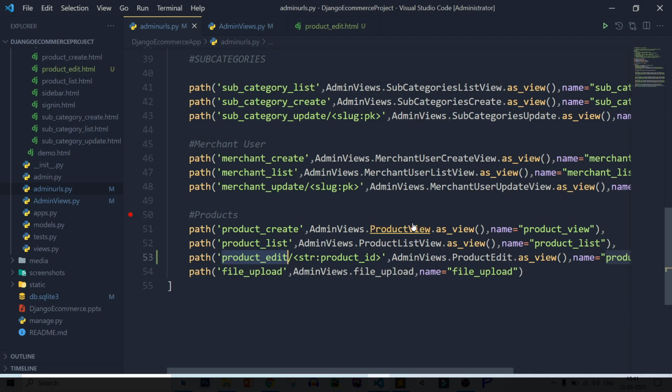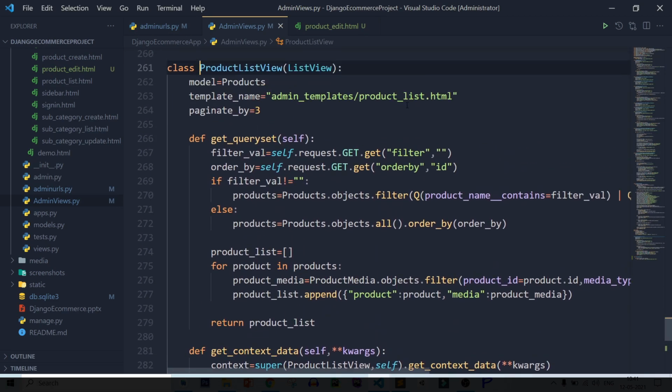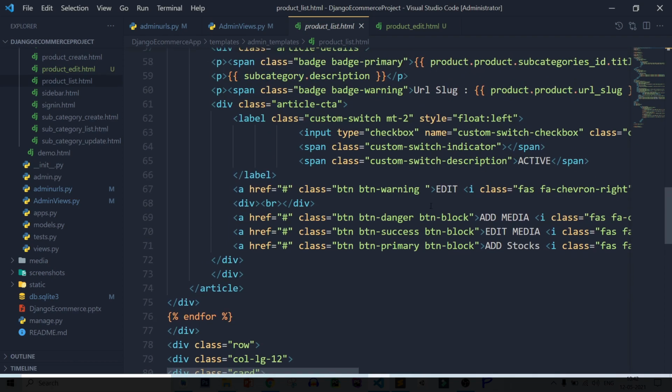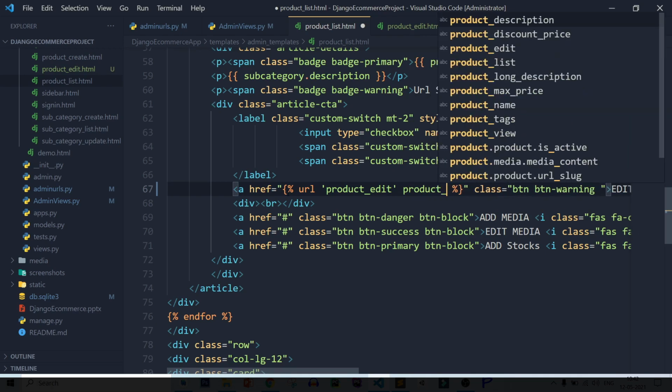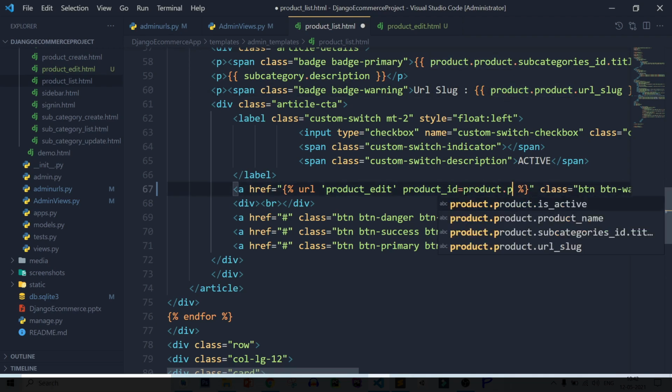After that let's link our product edit page in the buttons of the product list. So open the product list page, open its template page, and here in the button let's link. So here the edit URL, product edit, and pass product_id equal to product.id.